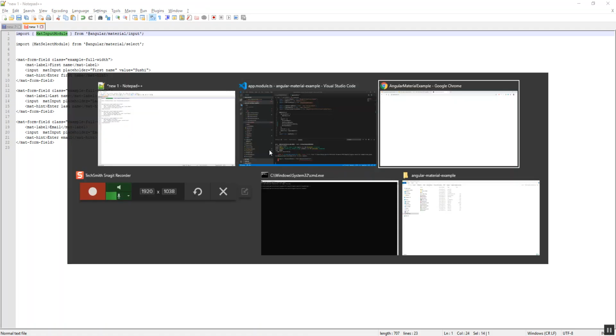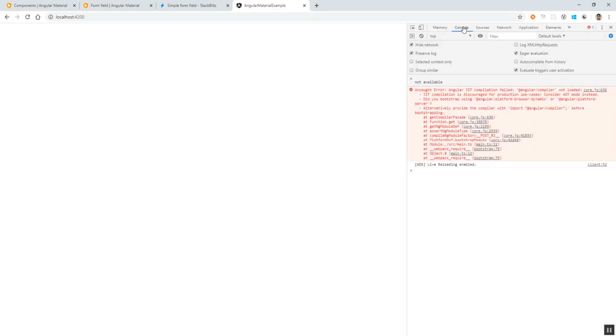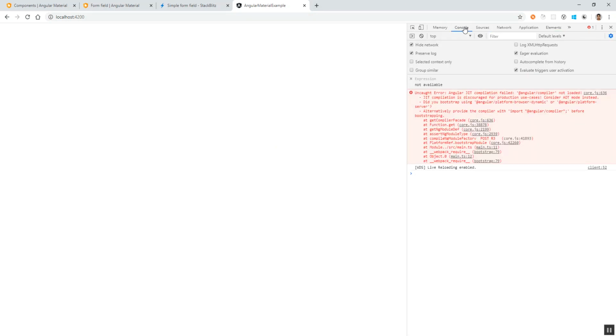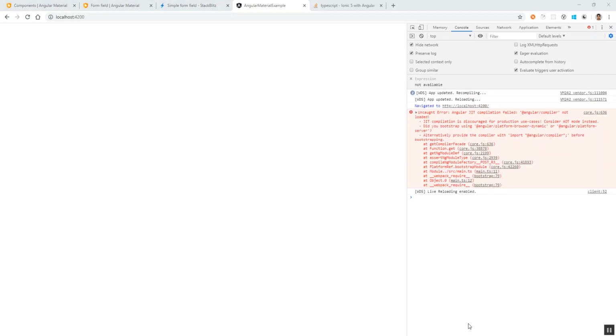Now if we check the application, we see no changes. Or let's compile it and see. So we are getting an error. Okay, did you bootstrap Angular browser dynamic?